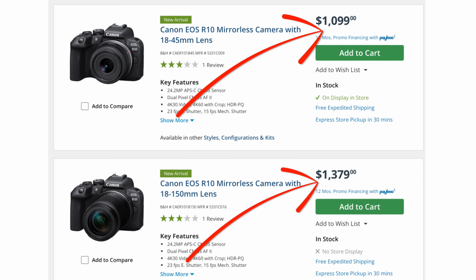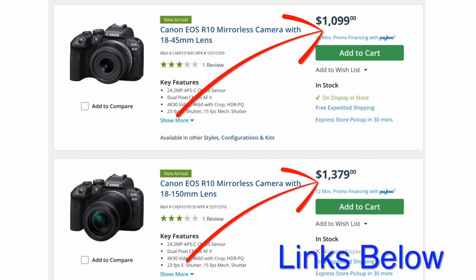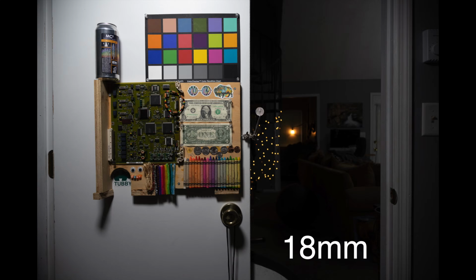Now, as you can see here on B&H Photo, you can get the R10 with the 18 to 45 millimeter kit lens for about $1,100 US, or you can go with the 18 to 150 millimeter kit lens for about $1,380. Is that extra $280 worth it? I say yes. So for starters, we have a lens focal range of 18 to 45, which is effectively 29 to 72 millimeter,